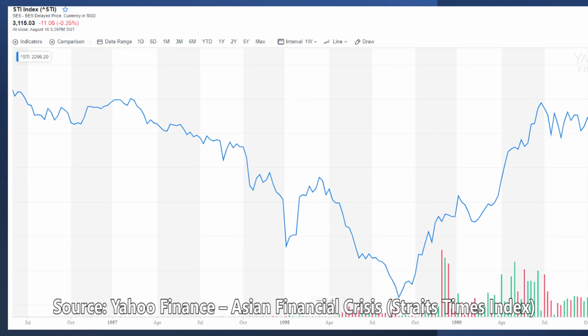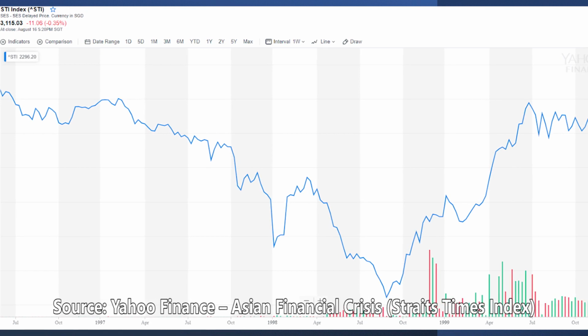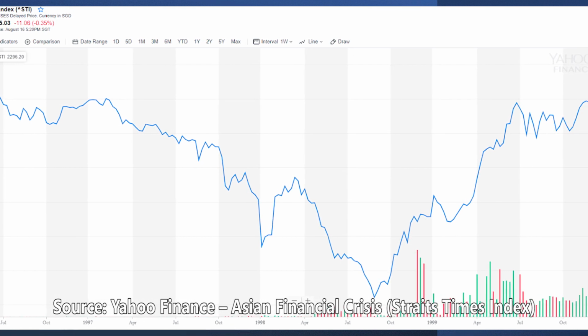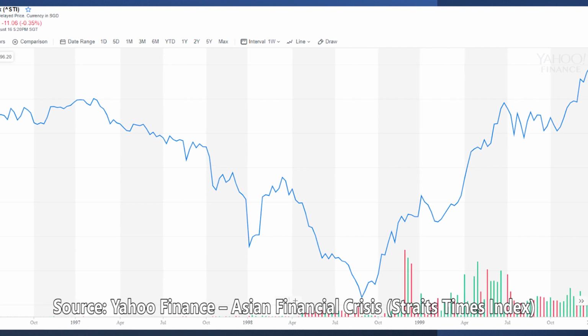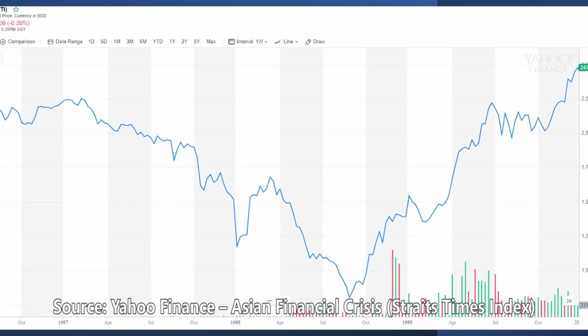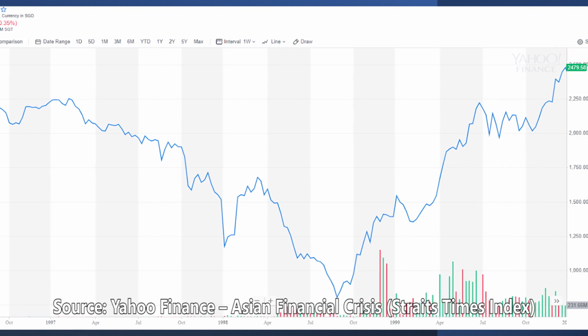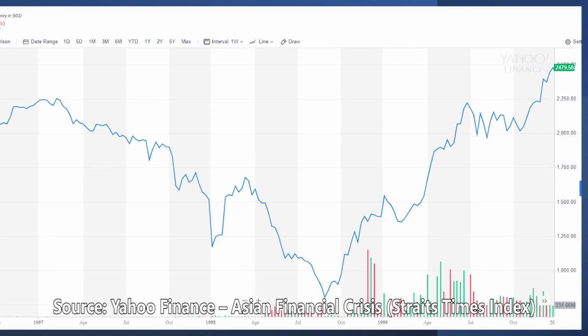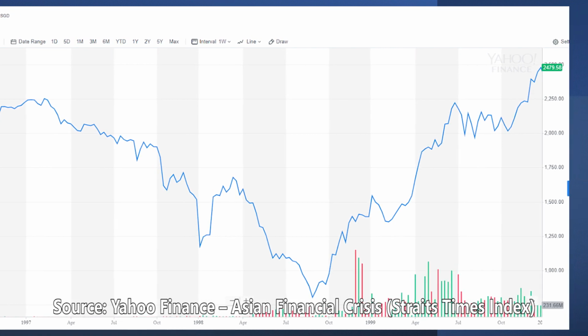And we can also see that happening in our home market. Back in 1997, during the Asian financial crisis, it took the Straits Times Index about 3 years to recover. And more importantly, even during the crisis, you would still be receiving dividends from all these companies. But what is interesting is that when you observe the market rebound in 1998, the economy of Singapore was actually still struggling over the next few years.